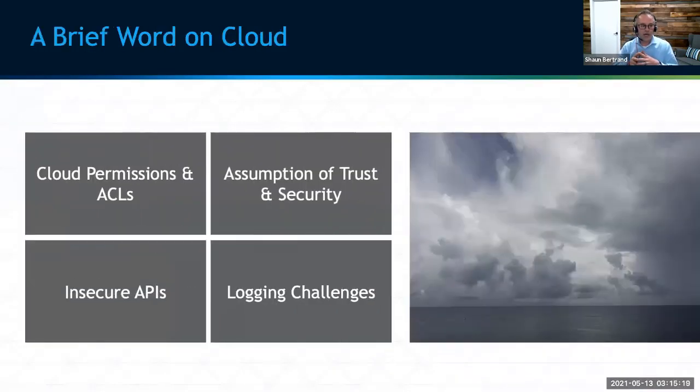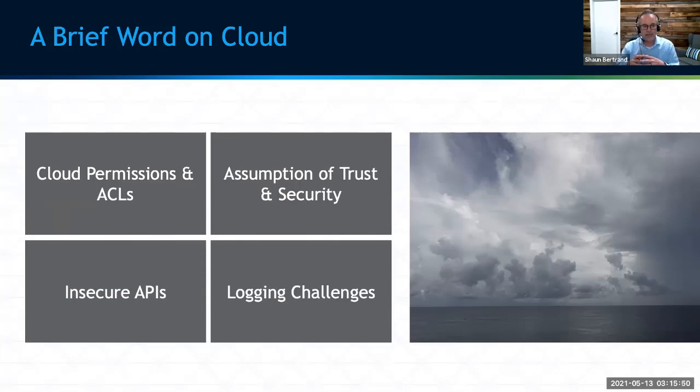All right, quick word on cloud. There's obviously a direct correlation to application security in the cloud because, simply put, we're putting all of our applications into the cloud. Keep these things in consideration, all right? Look at cloud permissions and ACLs. Those are easy wins, right? We hate seeing when we find an S3 bucket with lax permissions and we've got access to all this data. That's an easy win, something you can pretty easily remediate or identify.